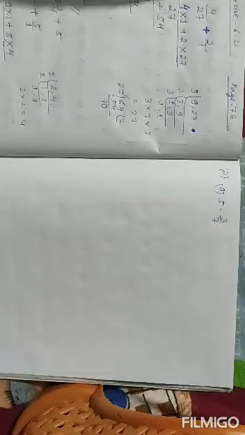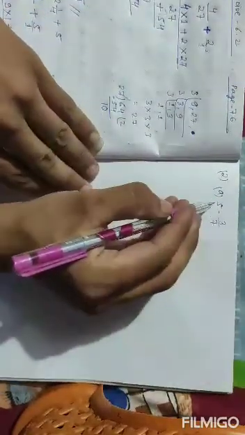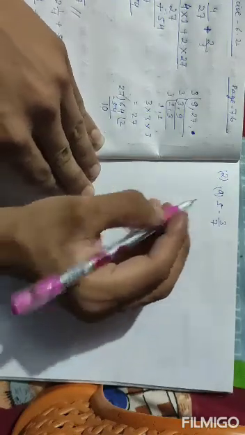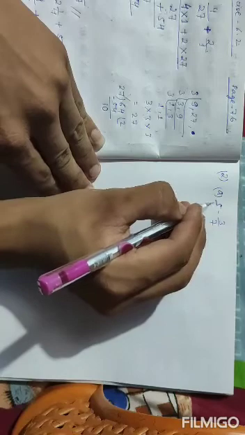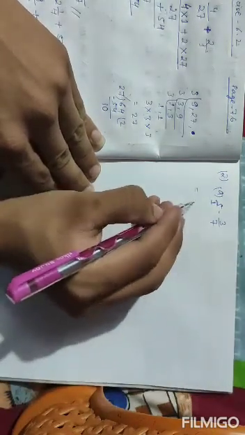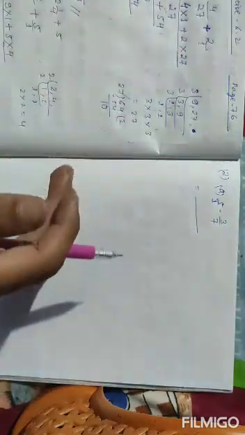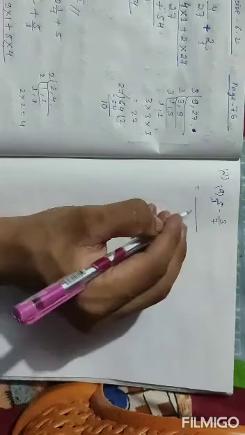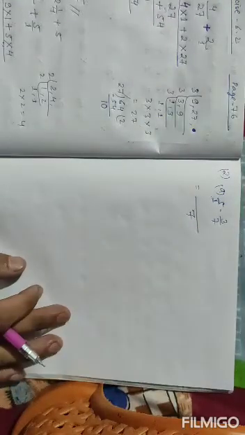Okay, again now we'll move to question number 2. So in question number 2A we have 5 minus 3 by 7. So we have to subtract, isn't it? So here in the denominator we have 1. Okay, so now we have to first find, like we did in the addition, we have to find the LCM of the denominator. So what is the LCM of 1 and 7? It's very easy, which is 7, isn't it?